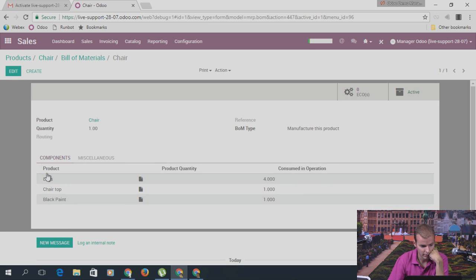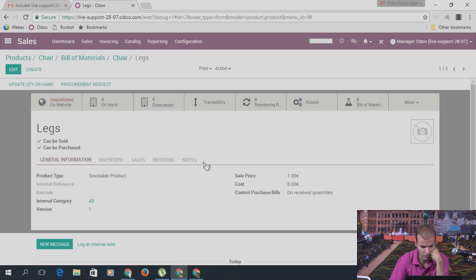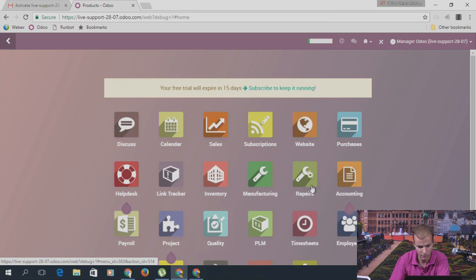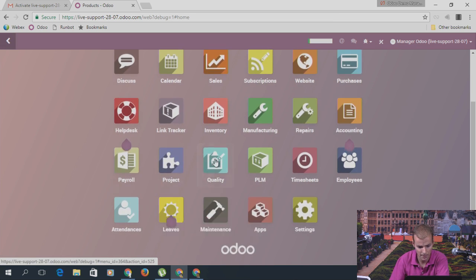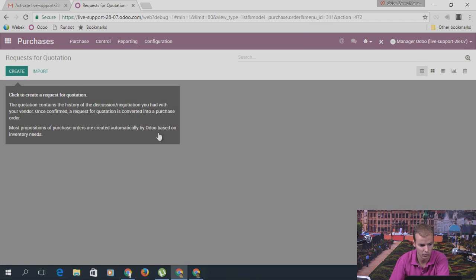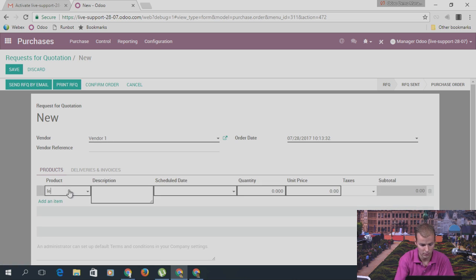Now let's check the configuration of those products, because yes, they're stockable products, so perfect. Let me just check. So I have 4 stockable products. I will purchase some of them, to have something in my stock. So let me go to the purchase application. I will create a request for quotation. Vendor 1, let's say,